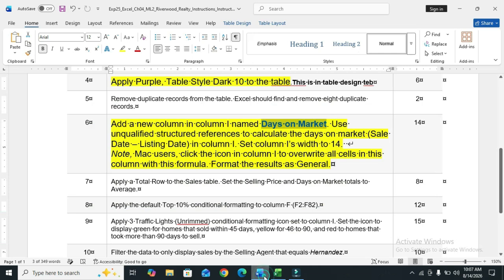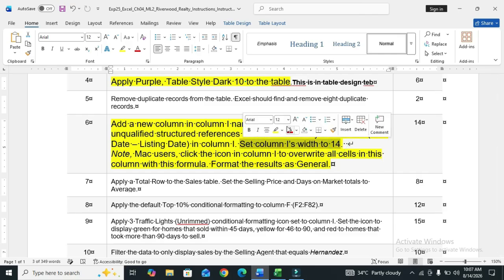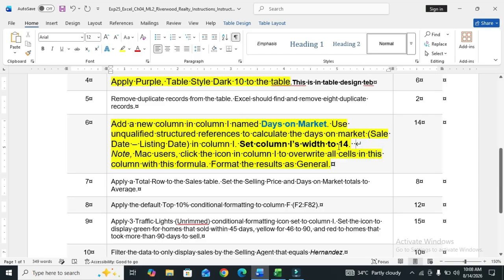So go to the next level of the step. The next level of the step is set column width to 14. This is the last level of the step.